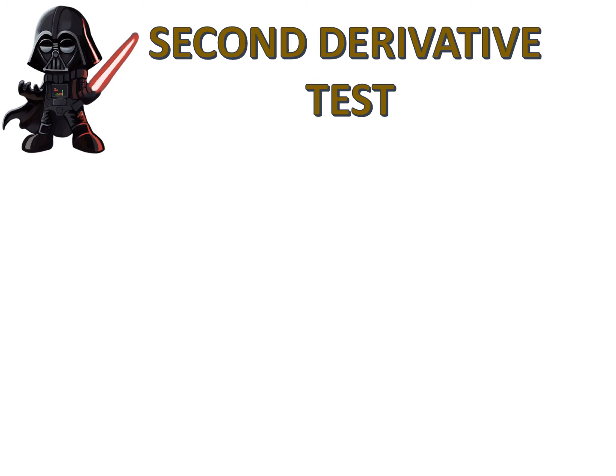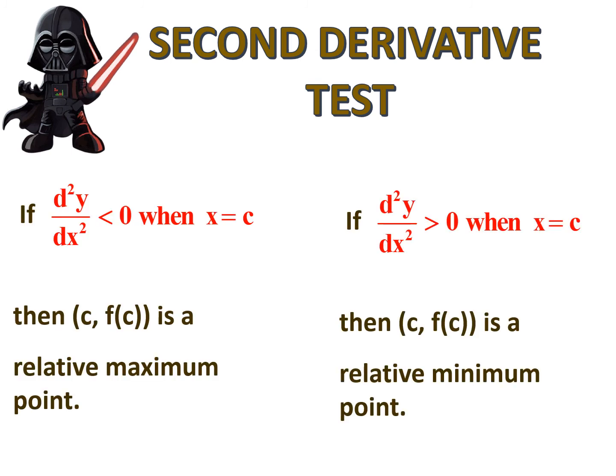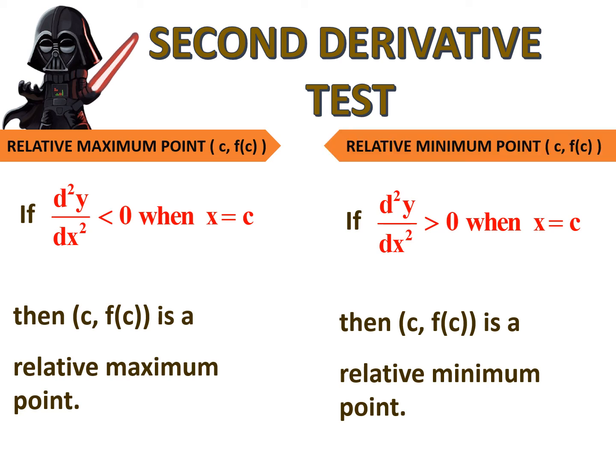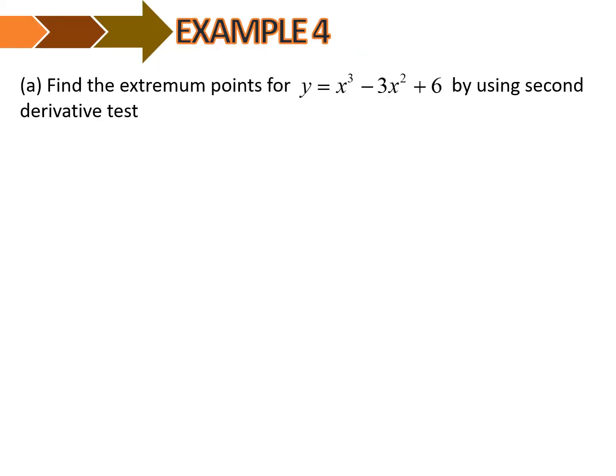By the second derivative test, for a relative maximum point, if the second derivative is less than 0 when x equals c, then the point is a relative maximum point. For a relative minimum point, if the second derivative is greater than 0 when x equals c, then the point is a relative minimum point. Example 4a: find the extremum points for y equals x cubed minus 3x squared plus 6